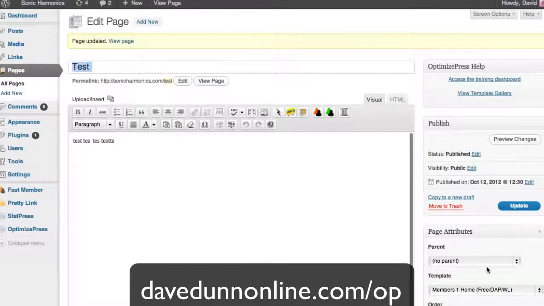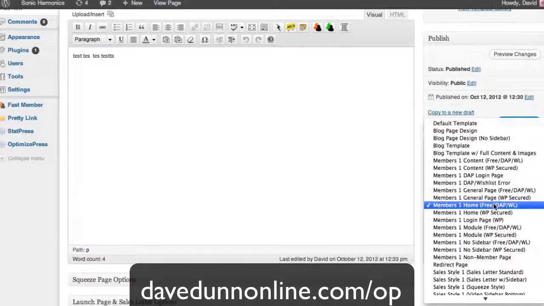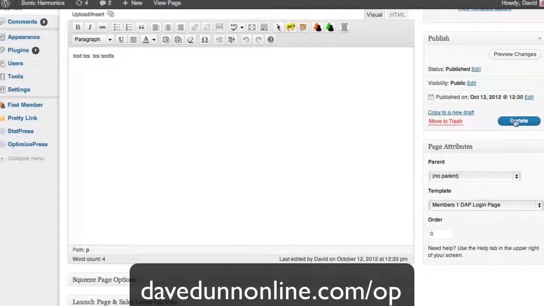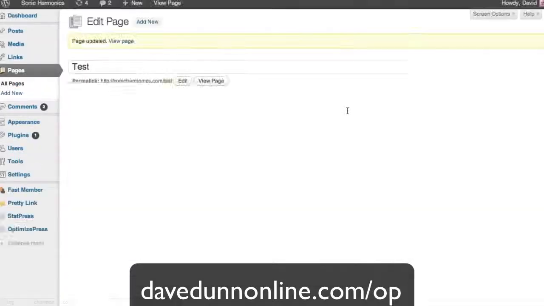Now we can change that again to any of these members templates. So depending on how you're configuring your membership site, you'd have a members homepage, and then you'd have your module pages, and then you'd have your content pages and a general page for the members area, and you've even got login pages. If I show you the login page,